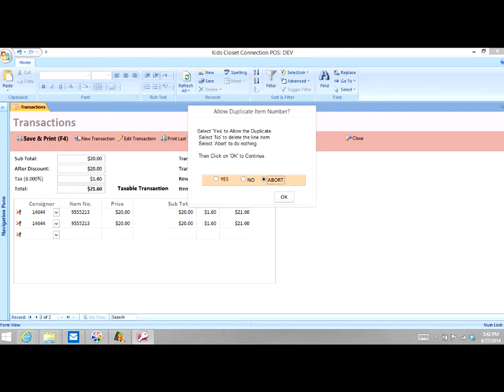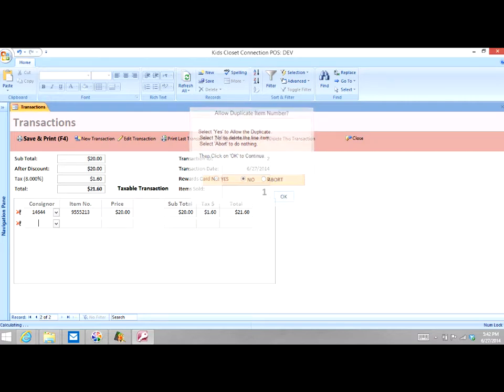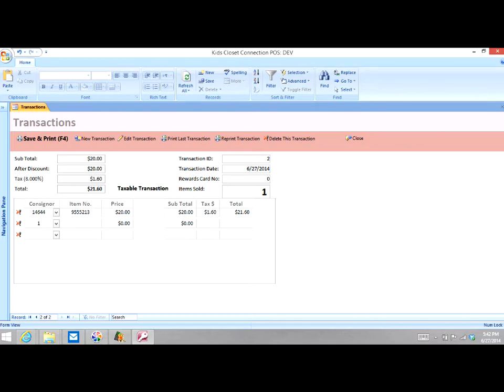Oh, guess what? In this case, I have a duplicate transaction. You can see that's the item number I just scanned. I have three options. I can allow the duplicate. Sometimes people will bring, let's say, 5 or 6 bows on the same number, even though they shouldn't have Xeroxed it. In some cases, okay, but in most cases, you want to delete the line item because that wasn't the right number. So what I should have typed in was